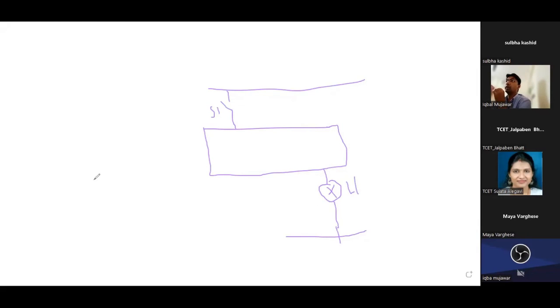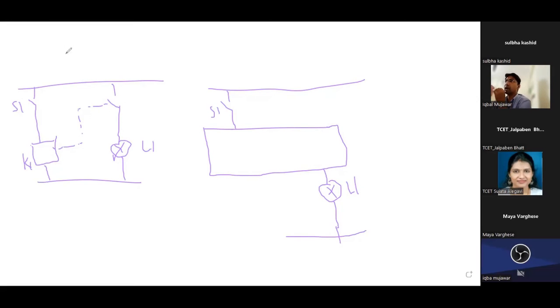I uploaded it, and similarly, if I created relay logic, the relay logic will be the same as shown over there. Here will be K1, and the internal switch K1 will be connected to this lamp. This is S1. When I press S1, the K1 coil is energized, then K1 will be closed and L1 will be on. This is physical wiring. This is RLC, relay logic control, and this is PLC.